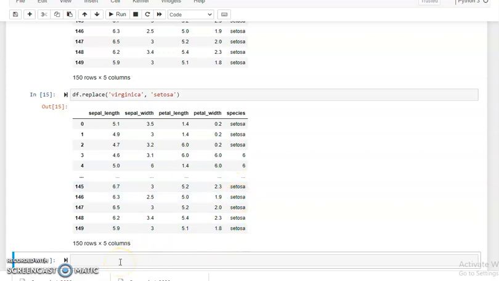Now suppose we need to change a numerical value. Suppose this value 149 we need to change to 159 or any other value.